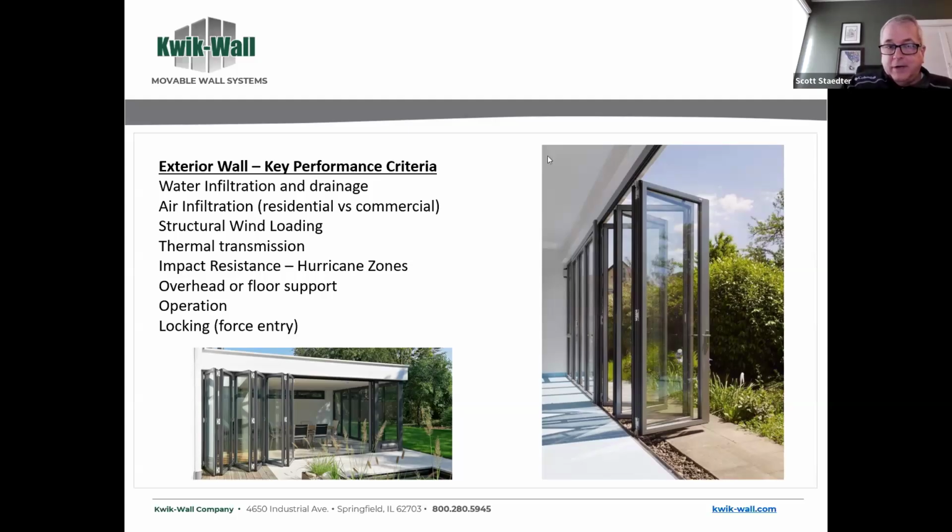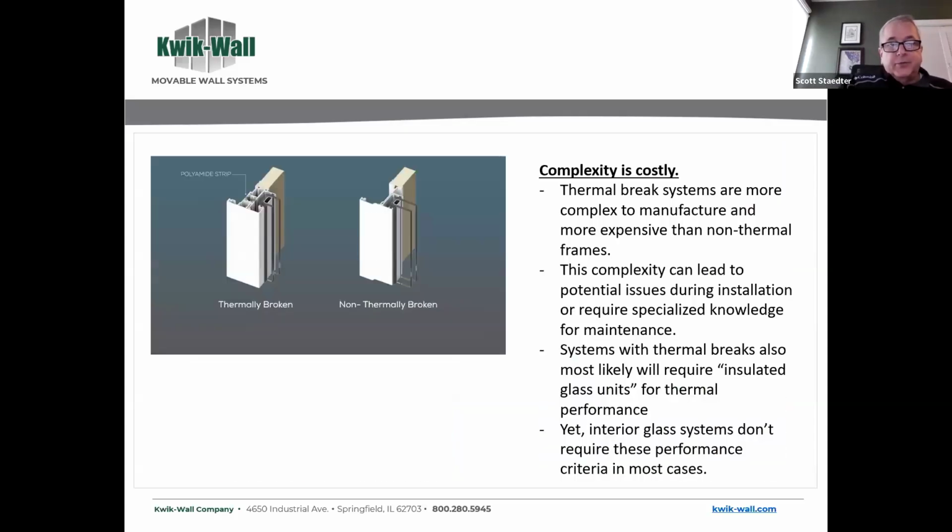And finally, locking, right? Structure, forced entry. A lot of times this is in residential spaces. Probably 80% of the exterior folding walls are in the residential arena, and about 20% in the commercial arena. But you've got to know about those things. So all of these things get put into the specification for an exterior wall, and a lot of times what happens is that they get brought into the interior space, into the interior wall. So those characteristics. I want to go into the complexity of an exterior wall and why that may be a lot more costly, however,